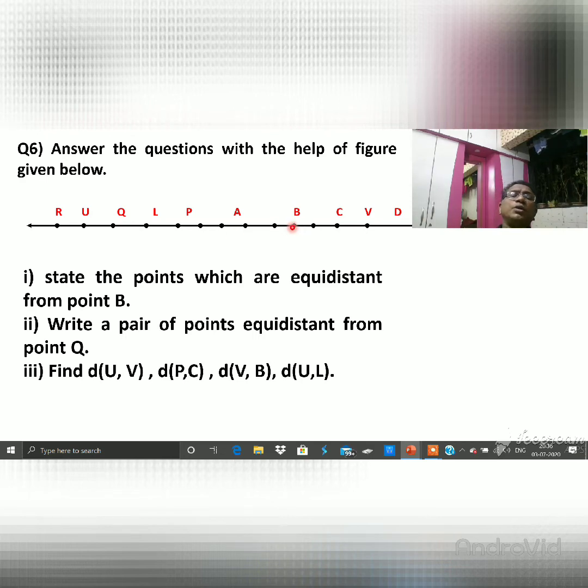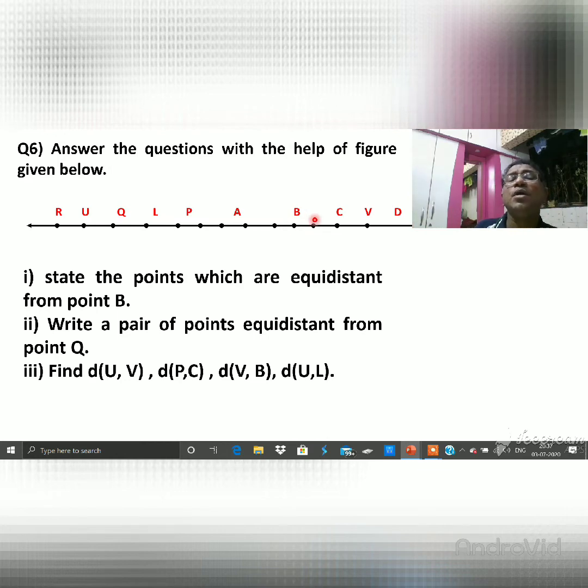Some of the students don't understand, so I will explain it again in Marathi. आपल्याला त्यांनी म्हटले बी पासून इक्विडिस्टंट असलेले पॉइंट्स. तर इक्विडिस्टंट म्हणजे काय माहितीये का बाळांनो तुम्हाला? इक्विडिस्टन्स म्हणजे समान अंतरावर असलेले, त्याला म्हणतो आपण इक्विडिस्टंट. Equidistant means what? The distance between those points must be same. That is called equidistance, means they are at the same distance.